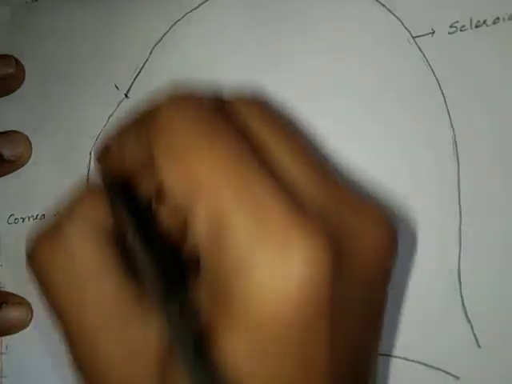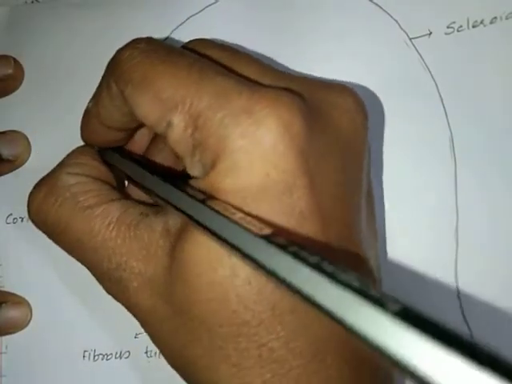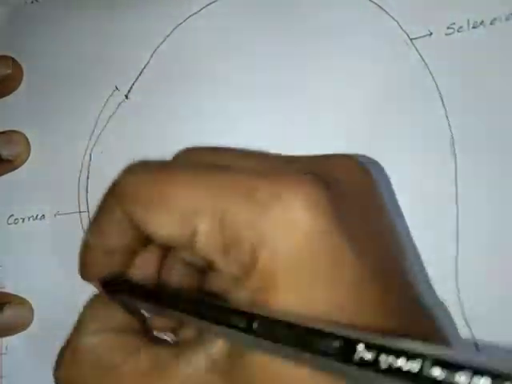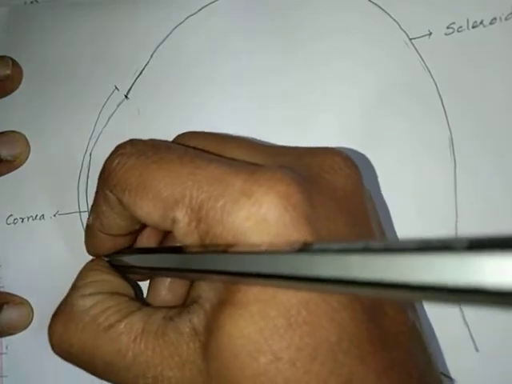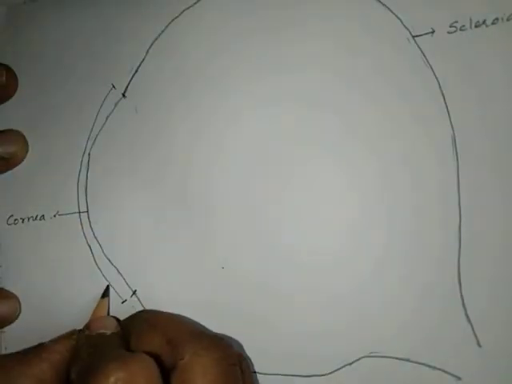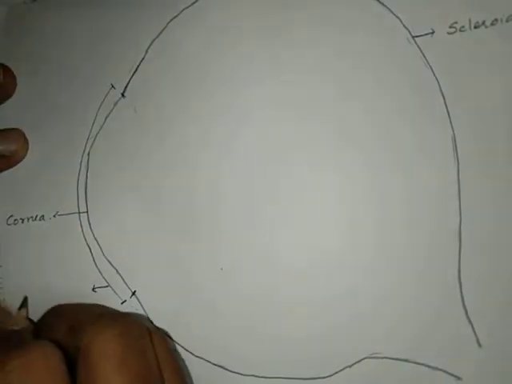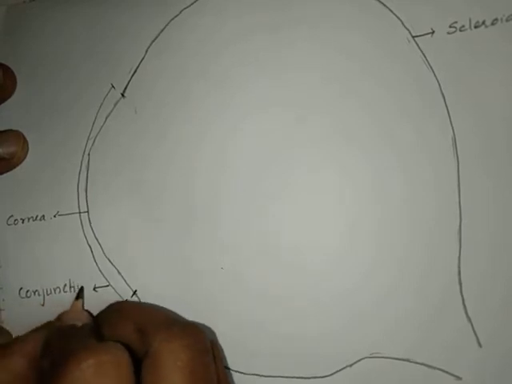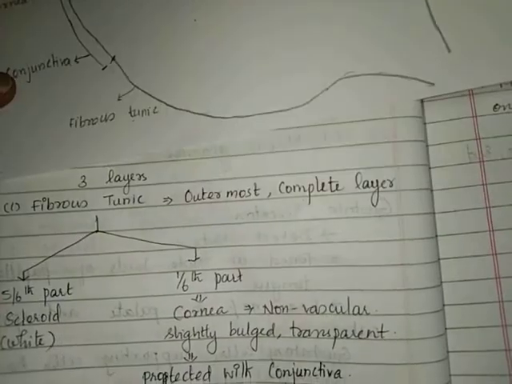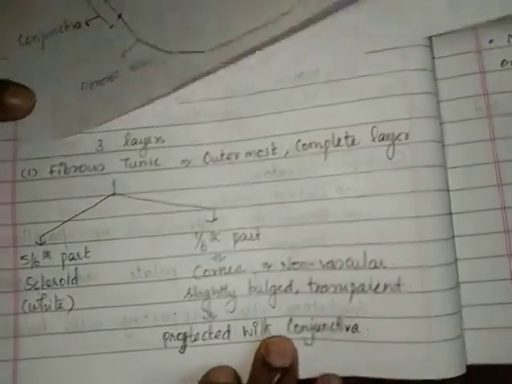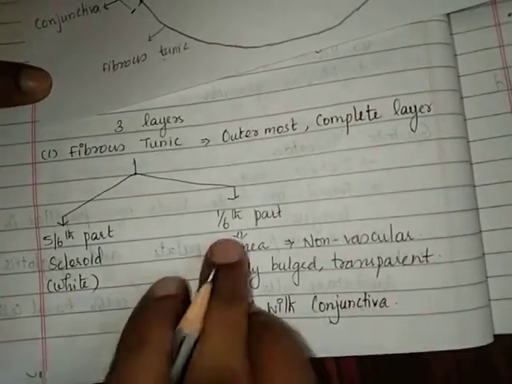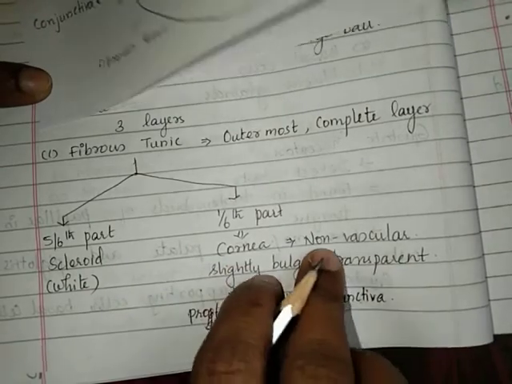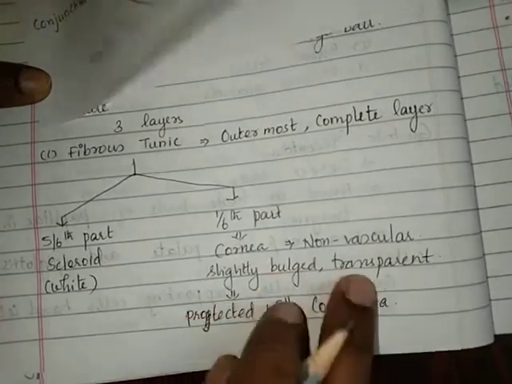So in the cornea, there is an external protection, again a transparent structure, which is called the conjunctiva. So this is an external protection for the cornea, which is called conjunctiva. So conjunctiva is the external protection for the cornea. So the sclera is the eye white, and the cornea is non-vascular and bulged,